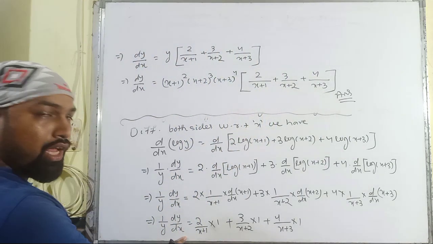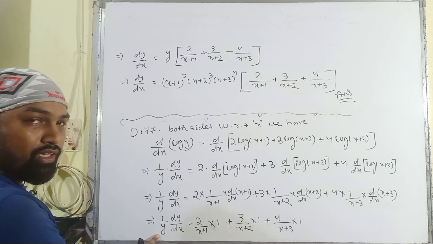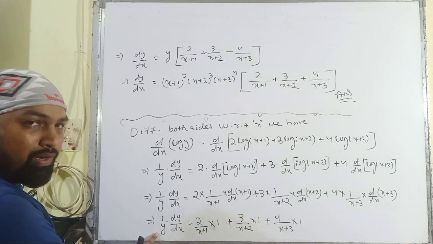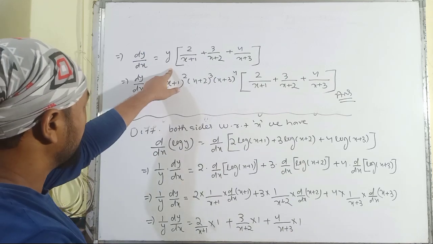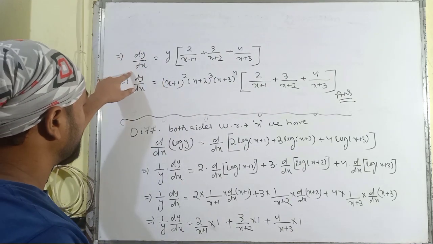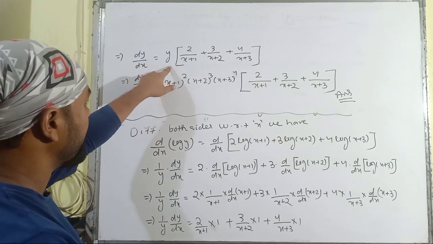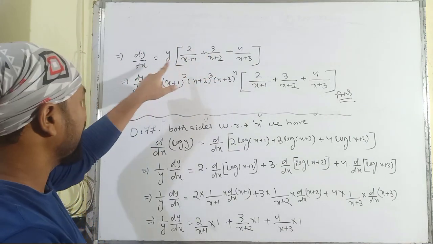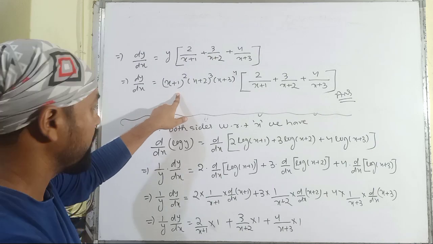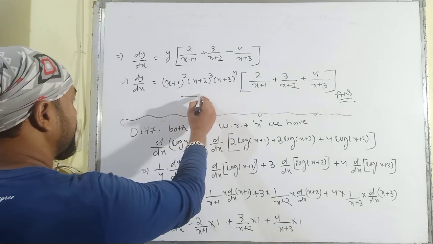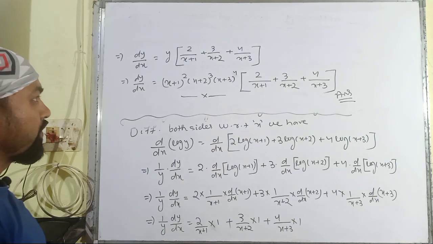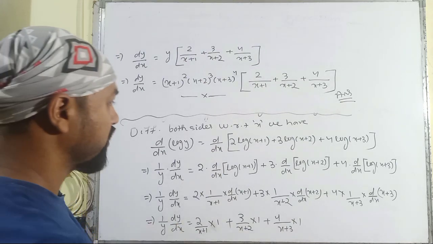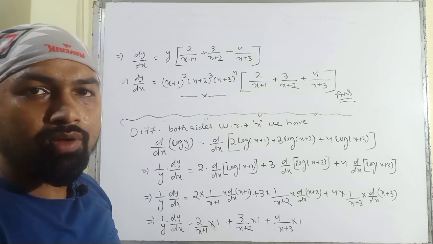From here I have taken the value y, which is present on the left hand side, and shifted it towards the right hand side, so that the differentiation of y with respect to x can be expressed as y multiplied with this function. Then at last we have to put the value of y here. So this is the final step and this is the answer for problem number 2, which was based upon differentiation by using logarithms. Then moving to problem number 3.